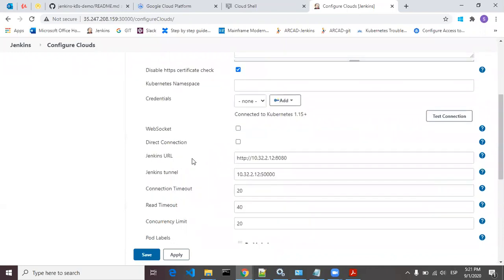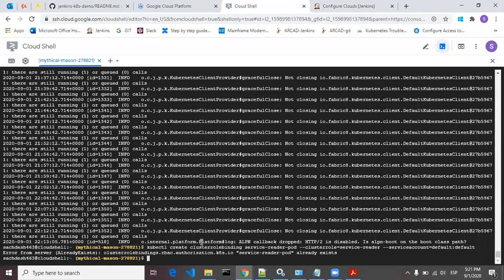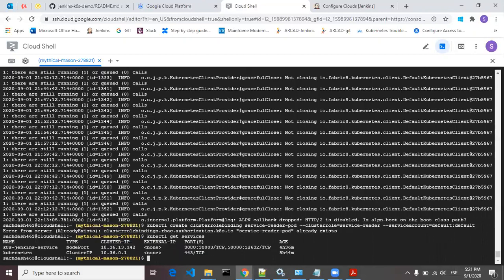Then you have to give the Jenkins URL. You might be wondering that the Jenkins URL given in this browser is different from this one. So from where did we get this URL? For that you have to go to Cloud Shell and run kubectl get services. This is your service.